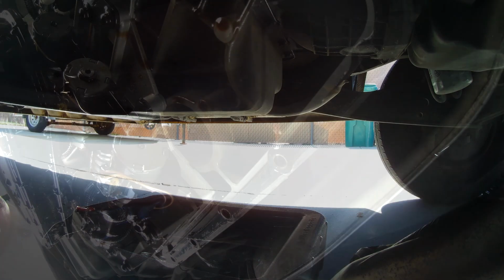Now it's time to take off the pan, and we'll get our first glimpse of the insides. Now initially we're just going to loosen these bolts, and then we'll take them out probably every other one. And as we start removing more, I'll have to get a hand up under here to support this pan so we don't end up bending the lip as the weight comes down from one side or the other. Pan is off,